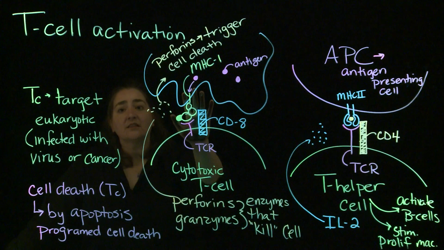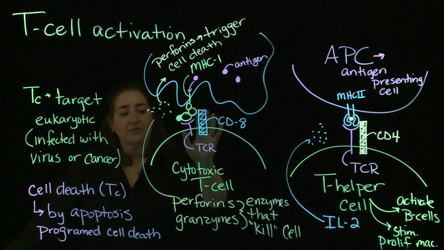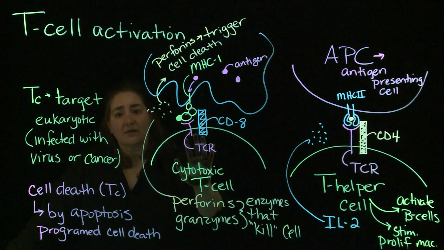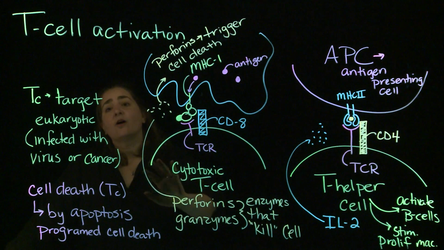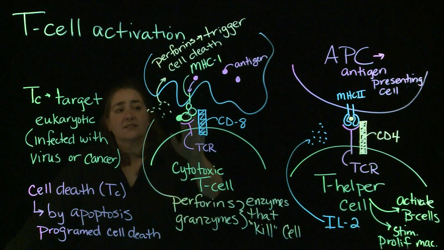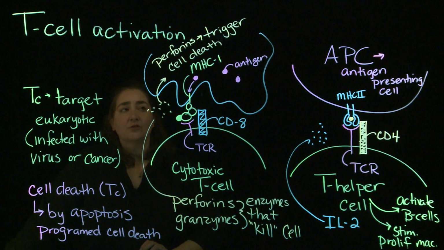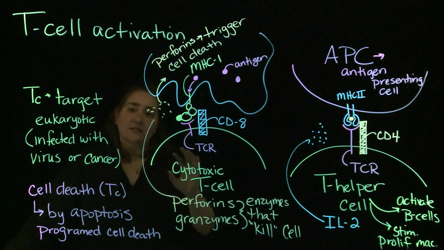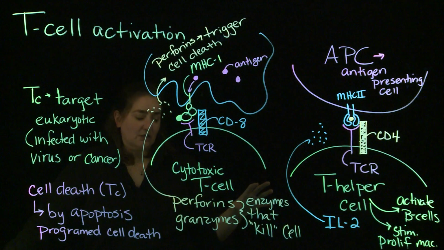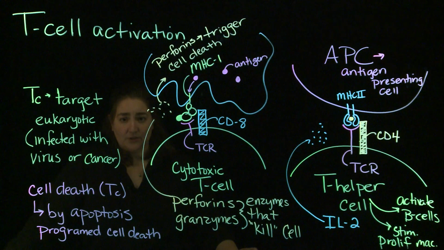Once they've targeted that first abnormal cell, those cytotoxic T cells have become activated, and they're going to go off and scan for other cells that have that abnormal major histocompatibility complex 1. But that's kind of the differences I want you to take away between cytotoxic T cells and T helper cells and their activation and their function. If you have any questions, please let